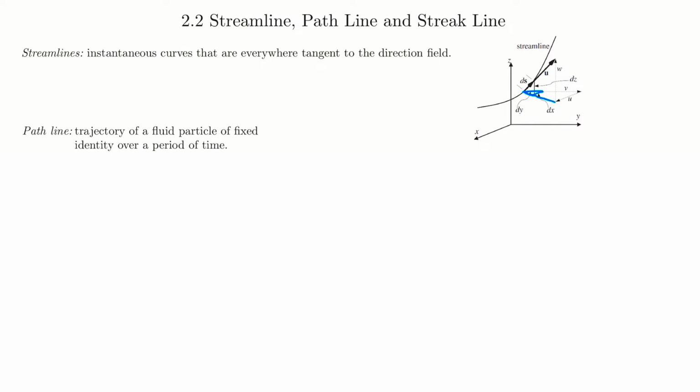Because we're tangent, we have that triangle, but then the velocity also has to be tangent, right? So we have two similar triangles there. There's a few different ways to derive this, but I like looking at it visually the best. So then we know for sure the dy over the dx has to be at the same ratio as the v and the u, the y component of velocity and the x component of velocity. Same thing for all these directions. So when we rearrange that, the following is true, and this is the expression that we use